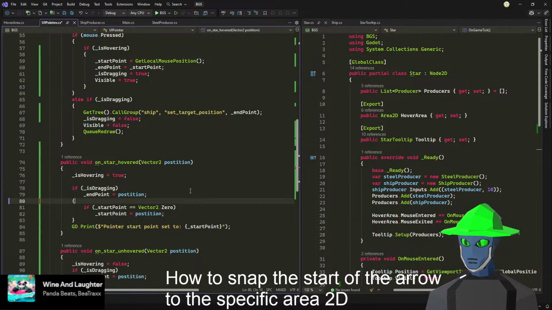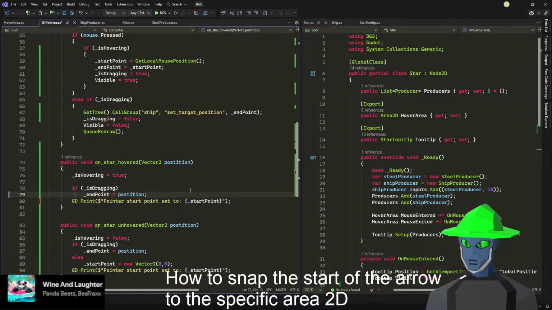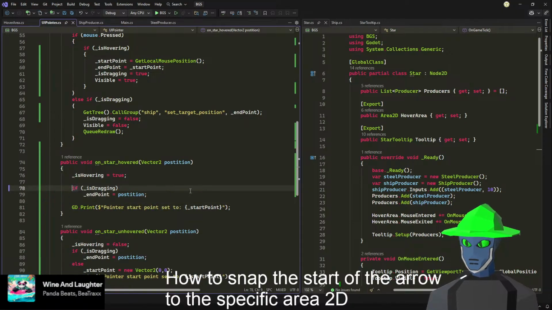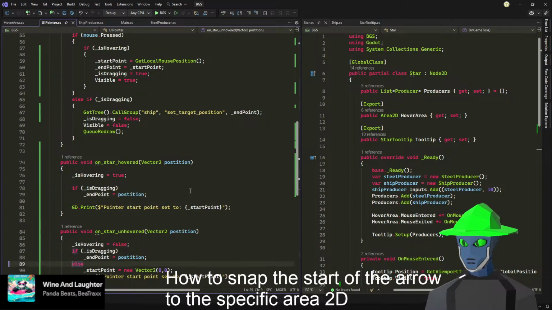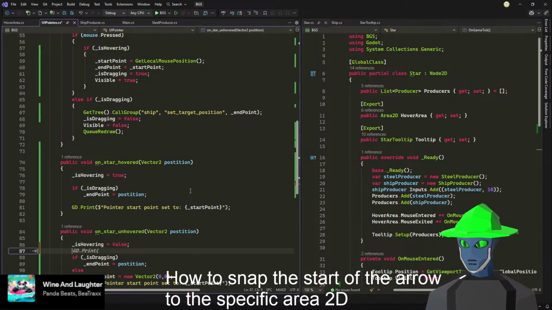So in this case, I don't need this else. And I only update the position, which is a snapping, if I am already dragging the mouse. The starting point should be already set. What about here? If we are over the star, and we leave the star,